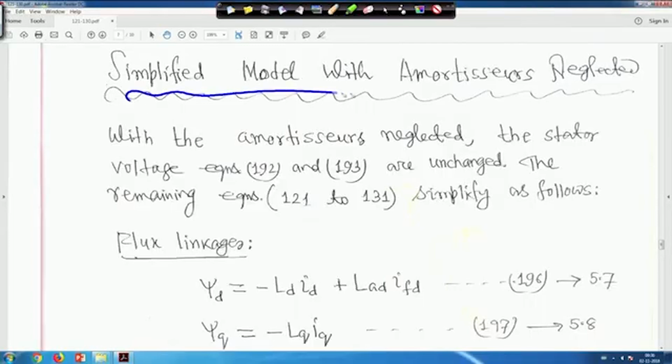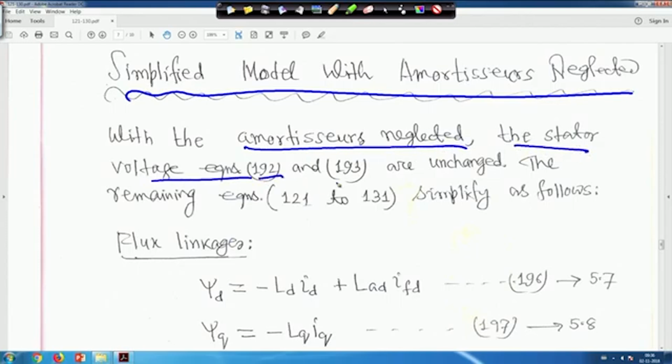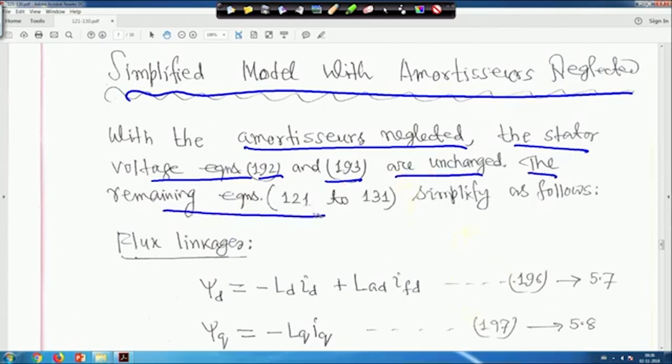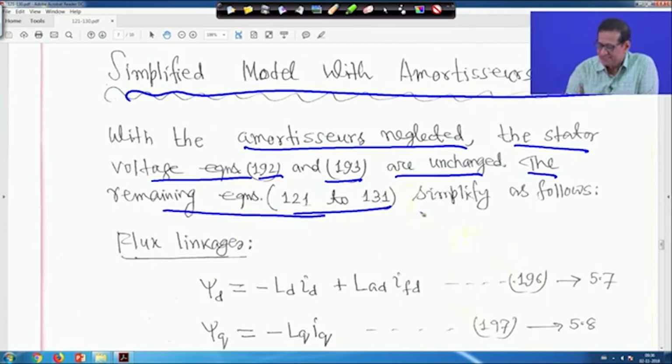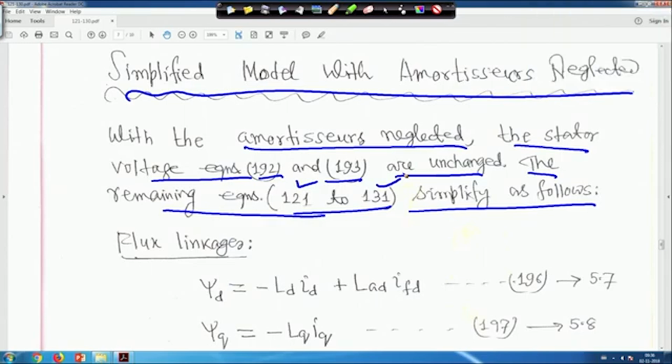So, next is your simplified model with amorphous neglected, right. So, first we will take a simplified model. With the amorphous neglected, the stator voltage equations, that is equations 192 and 193, are unchanged, but the remaining equations 121 to 131 simplify as follows, right. So, from equation 121 to 131, total 11 equations. Because we are neglecting the amorphous terms, this is not required for you,